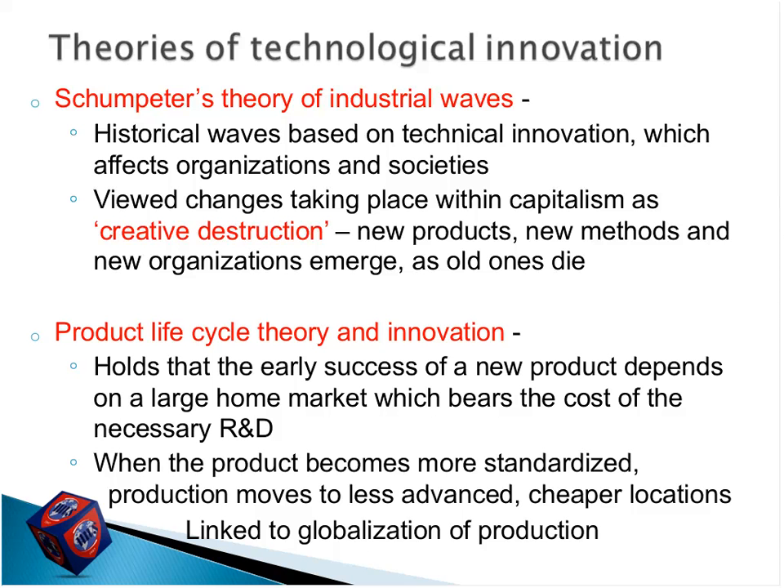Joseph Schumpeter was an Austrian-American economist who was even the finance minister in Austria for a short while. And he had different approaches and theories, one of which was the one which we just discussed right now. His theory of industrial waves, if we just look at it,